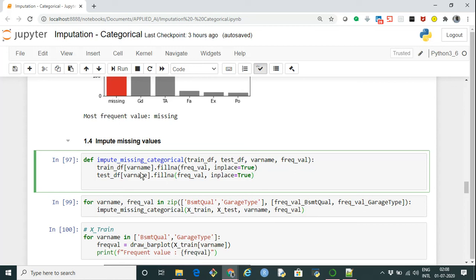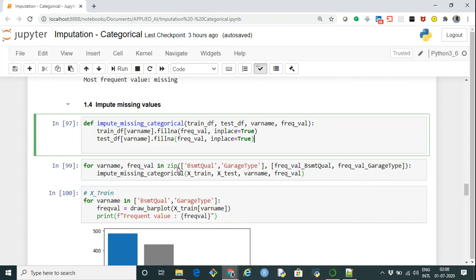Within the function, I'm imputing the missing values using the fillna method, passing the value that we give to the function, and inplace equals True means that changes should take place within the data frame.